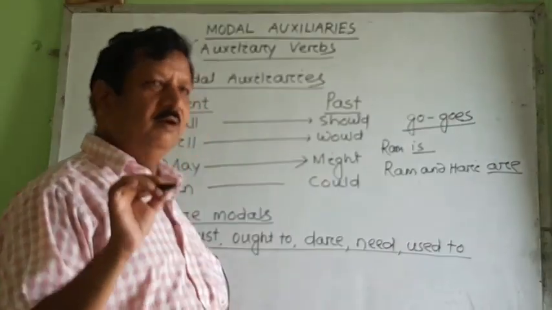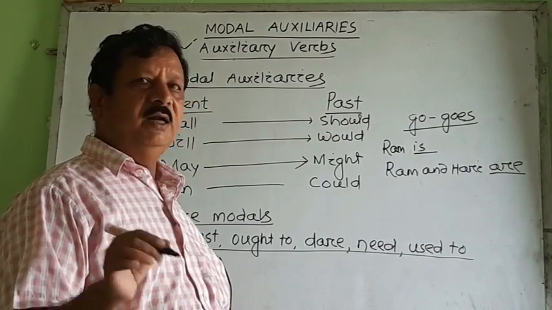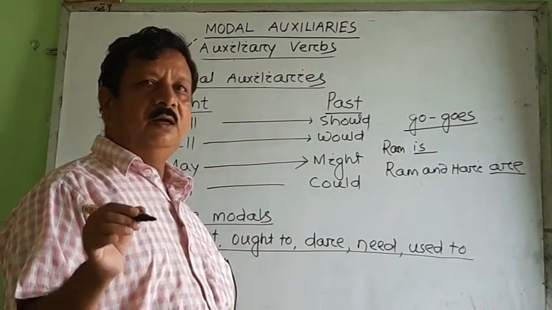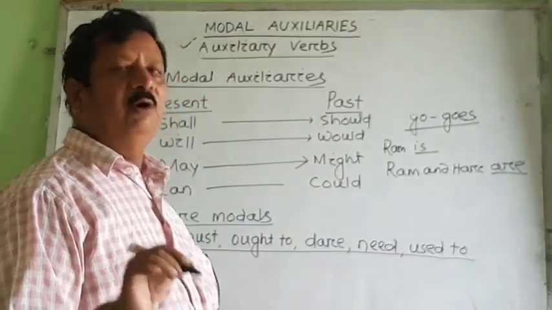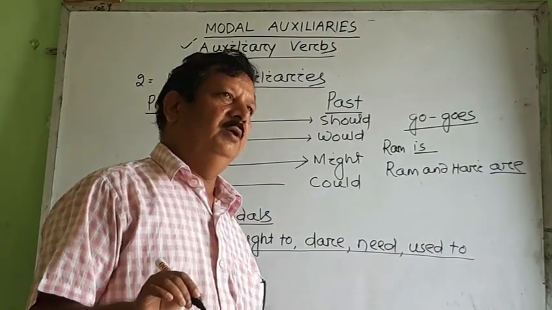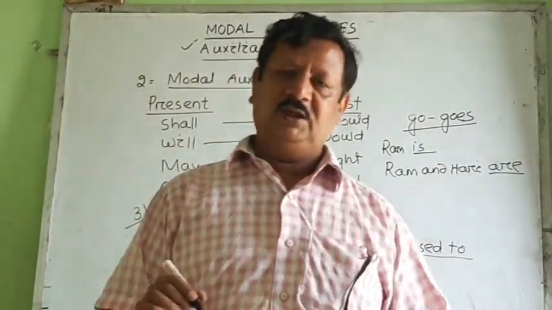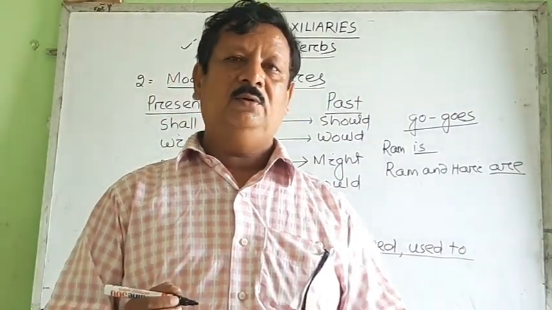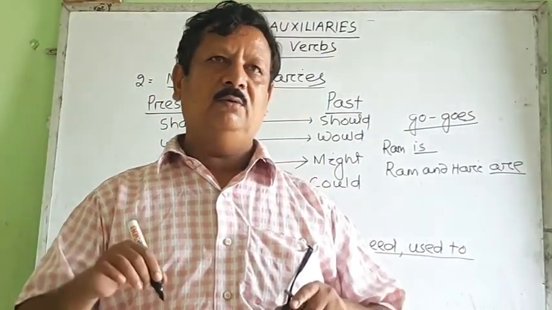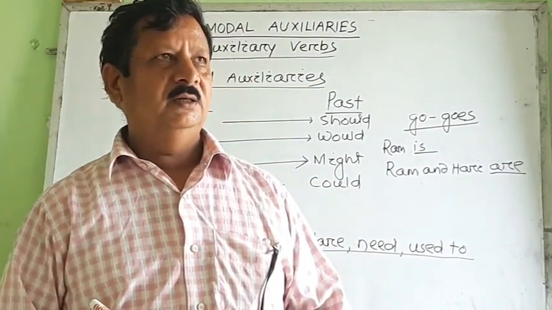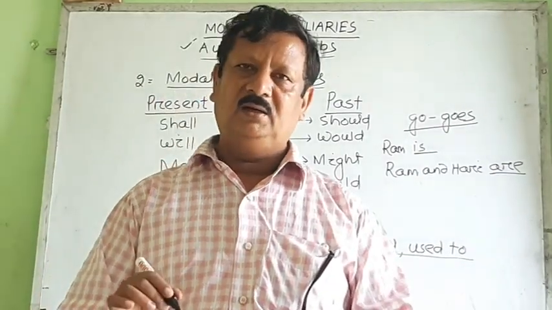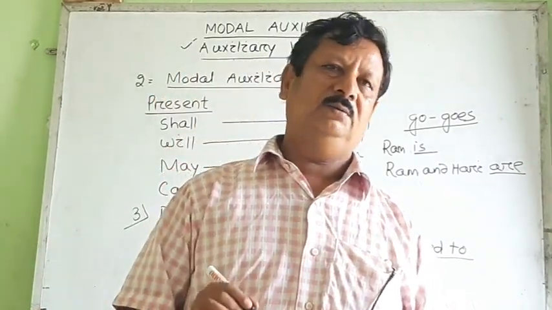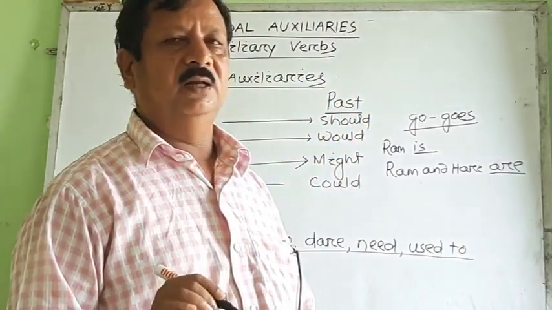Why are they called anomalous verbs? What are the main verb and the helping verbs? What are the types of auxiliaries and what are the modals? So, this is all for today. In the next class, we shall again continue, and see how in different contexts they can be used to express different emotions or to give different meanings. Thank you.